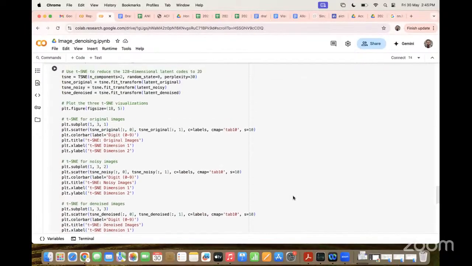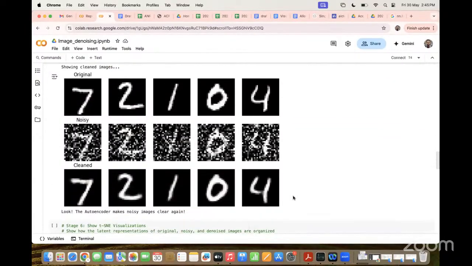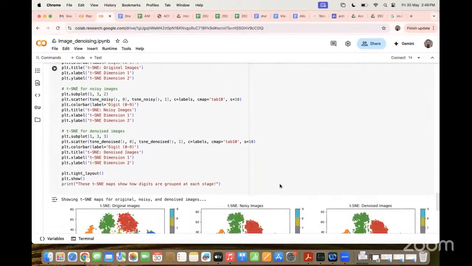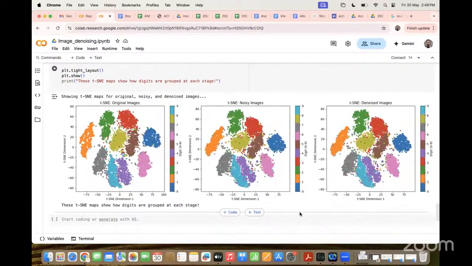If you increase or decrease the noise, it will be reflected over here, as well as on the denoised output. Similarly, you may observe these effects in the t-SNE based visualization, right?